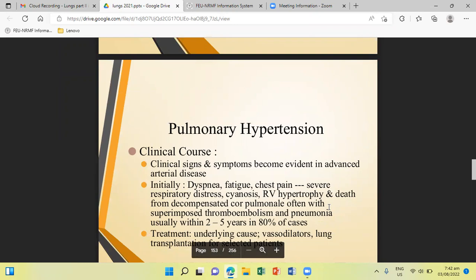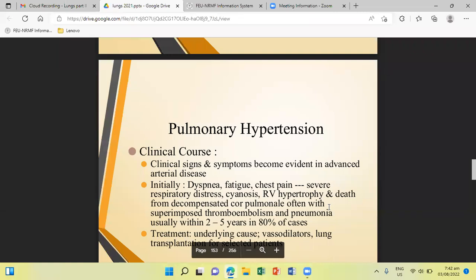They are 20 to 40 years of age, and it is also seen occasionally in young children. Clinical signs and symptoms in all forms of pulmonary hypertension become evident only in advanced disease. In cases of idiopathic disease, the presenting features are usually dyspnea and fatigue, but some patients may have chest pain of the anginal type. Over time, respiratory distress, cyanosis, and right ventricular hypertrophy occur, and death from decompensated pulmonary